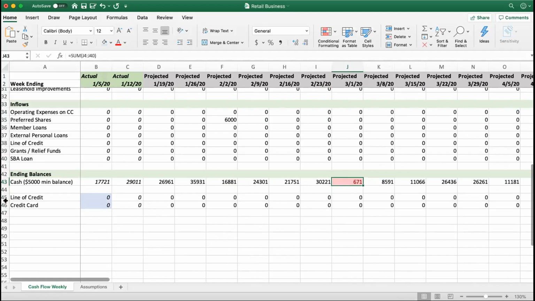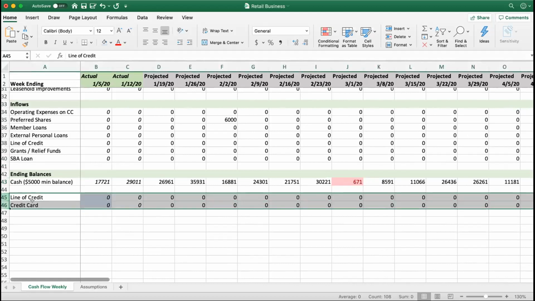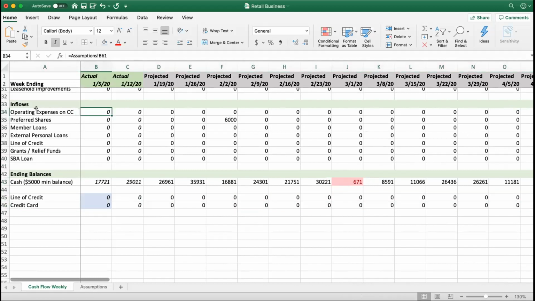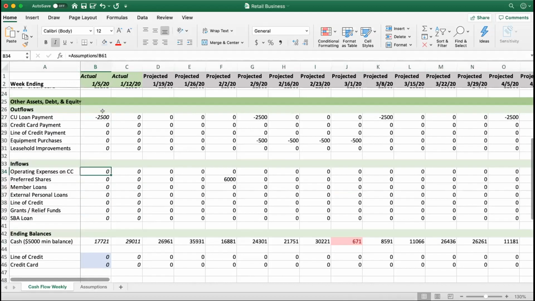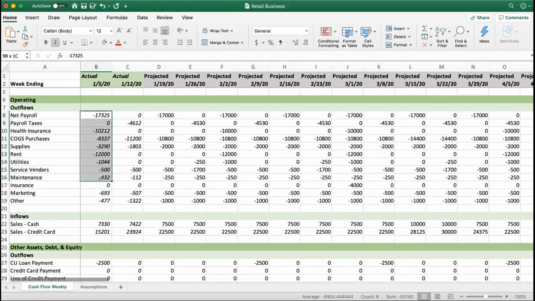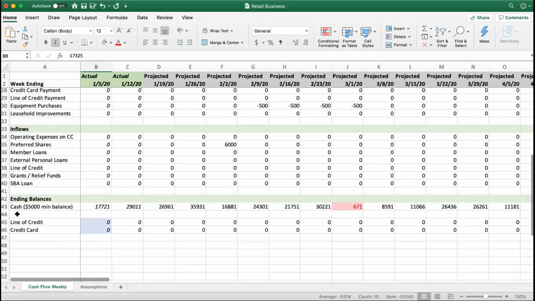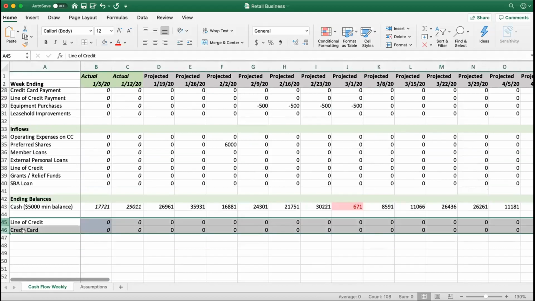I will say I didn't work these in here very carefully, but you can create some formulas. If you are putting operating expenses on your credit card, then you can treat that as an inflow and put this as an outflow. It can get fancy. I'm not going to go into it too much because I didn't have time to build it out in a way that's very useful, but